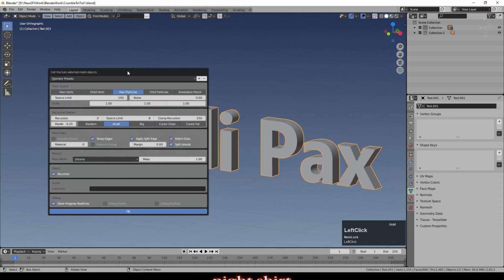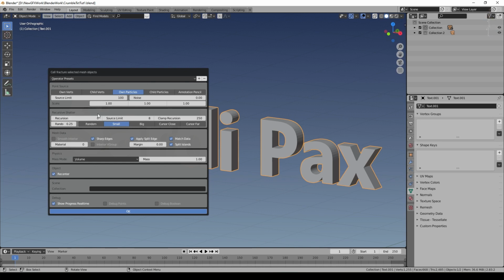So you get this little window up, and it essentially creates particles and then fractures the object around them. I'm not going to go into a lot of detail with this at the moment, but it's quite a powerful add-on. You can specify where you want the fracturing to occur with things like the grease pencil. So you can use that to draw on a flat plane to perhaps create a sort of bullet hole in something, or a shattered mirror, or whatever you want to do with it.